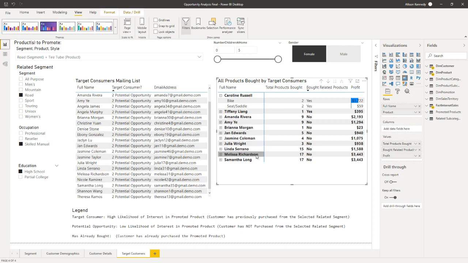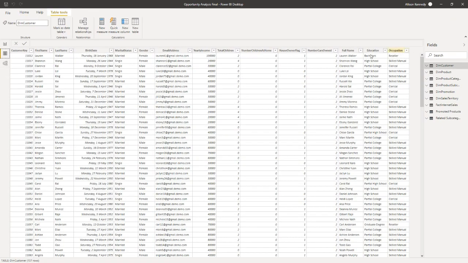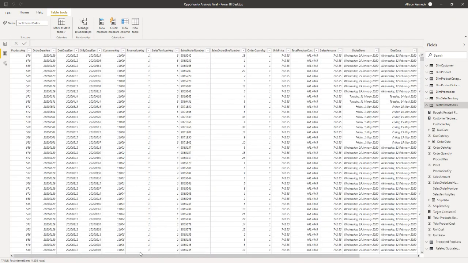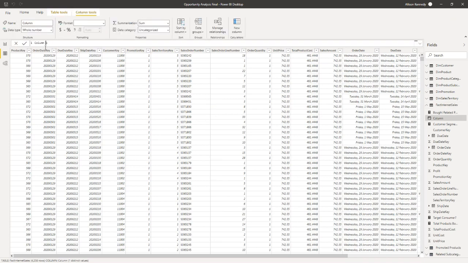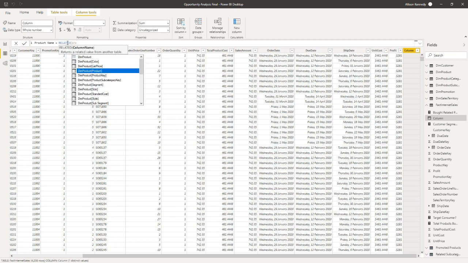That hierarchy can be built within a single table here. If I prefer to have all of that information in one flat table, I can also pull it into the fact table. So if I go to the fact table and say I want a new column, and I want to see not just the product key but the product name, I can create a new column inside the fact table called product name, and just do essentially a VLOOKUP. So I'll just do RELATED product name,